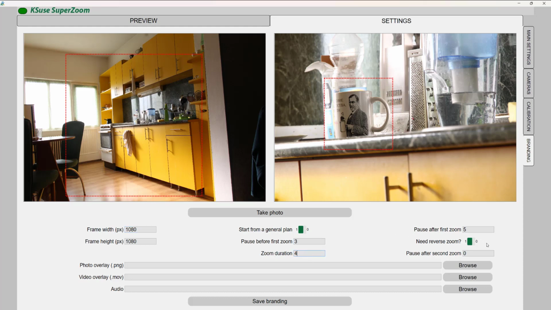Next, we can choose whether our animation will loop, that is, whether there will be a reverse zoom. I can overlay a static picture on my video, PNG file, or video overlay. I can also add music. We save branding.